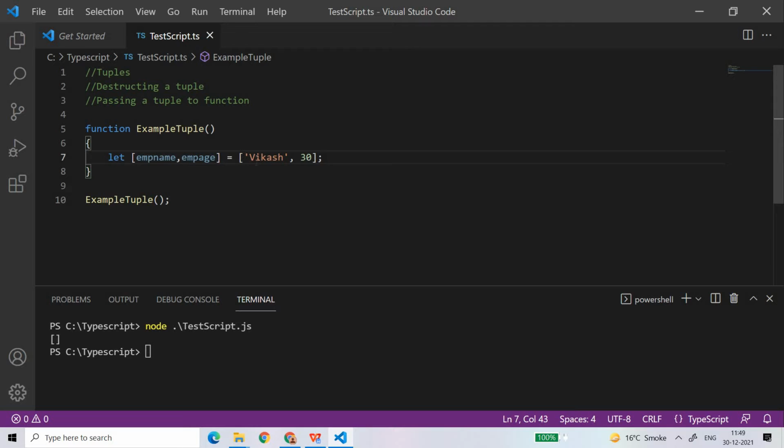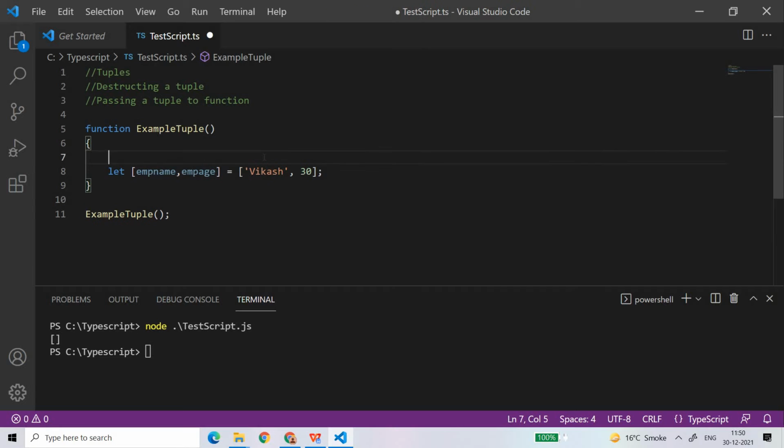So this tuple contains two values. First is the employee name, Vikash, and the second is the age of the employee, which is 30. This is not good to have the age stored in the database because age changes. So this age is a derived attribute. Your age should always be a derived attribute, which means that you should store the date of birth and you should calculate the age based on the need, at runtime. So emp age and emp name, both these values have been initialized with this Vikas and 30.